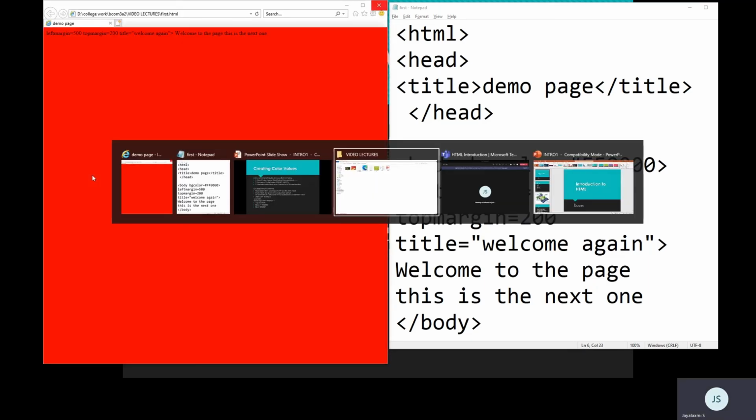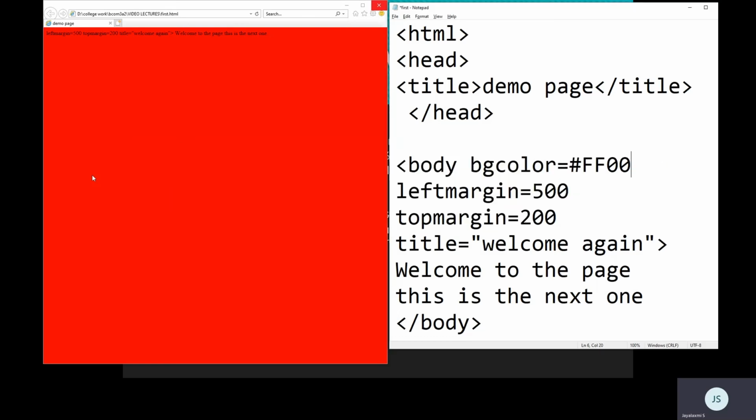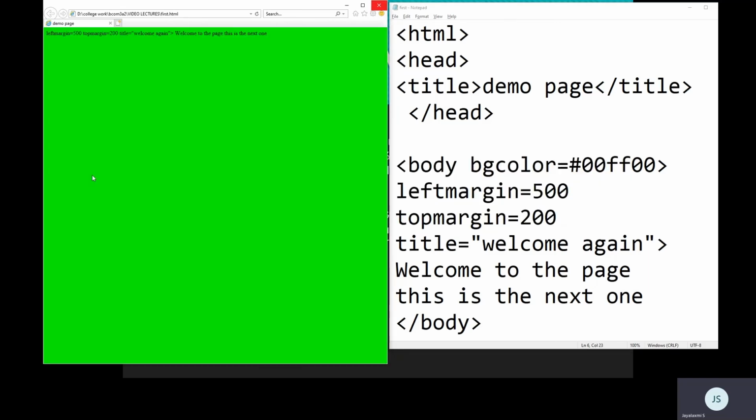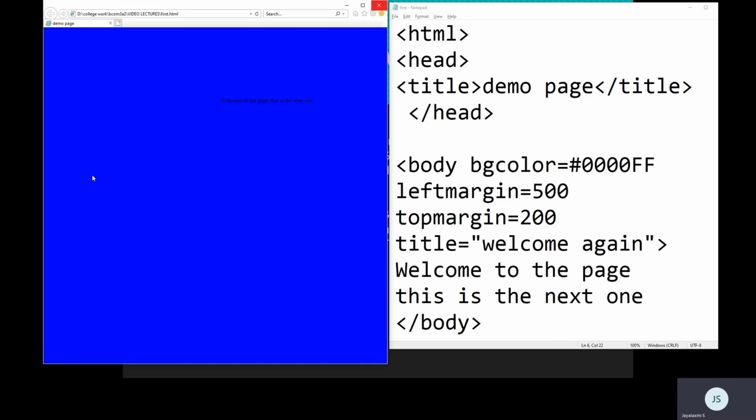Now just see, if I change it to 00FF00, that is RGB. R I made 0, so no red combination. G I made FF, that is full. And blue I made 0, that is no blue combination. So the combination I want is all about green, so green is given to you. Let's see, I'll say R I want 0 points, green I want 0 points, and FF finally I want full. That is the blue you are activating more, so you get your blue color on screen.